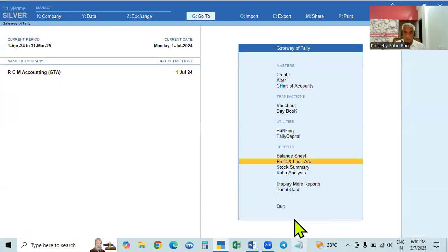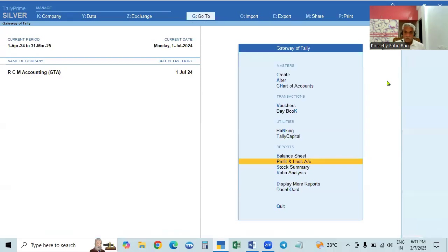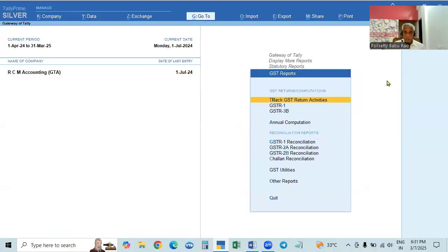Go to the profit and loss account again. See, freight charges RCM direct expenses 20 plus 10, 30,000. No sales, no income. So this is the gross profit. And now see, it is a gross loss because no income. So a gross loss of 30,000 is shown here. Gross loss carried forward is the net loss also. Okay. And if you go to display more reports, statutory reports, and the GST reports,